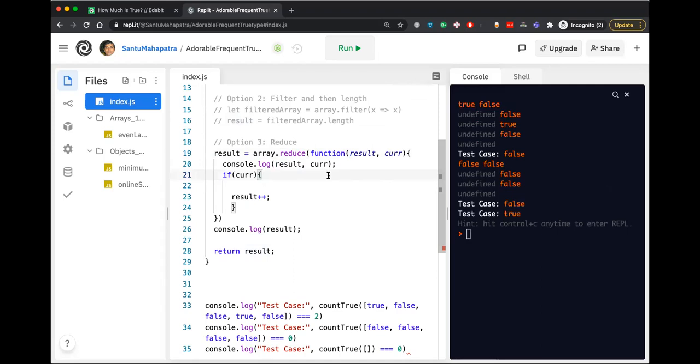Same results. So let's go and look at the syntax of this reduce function. There is a way to assign the initial value there.